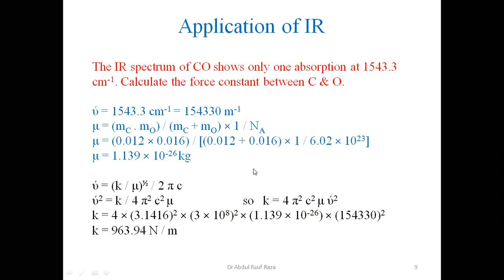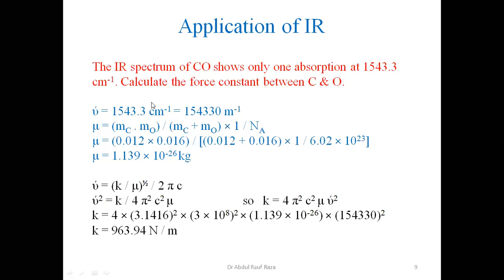Now how we can calculate this value: this is the data I have given in blue. These are the values which are given. The wave number is given in per centimeter unit. We are supposed to convert this into per meter. When we convert into per meter, these number of waves are present in 1 centimeter, so in 1 meter it shall be 100 multiple. So we multiply this with 100. This is the value, 154,330 per meter, the wave number in fact. Now we have converted wave number into SI unit.